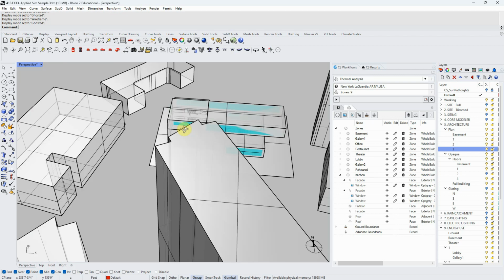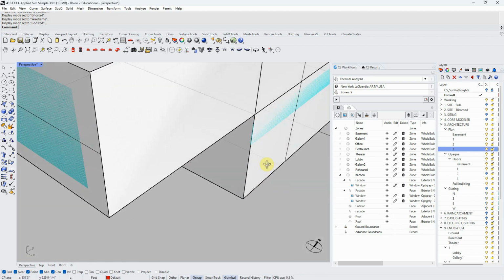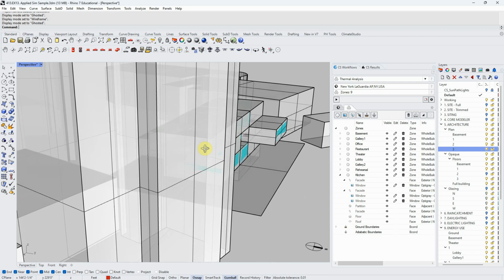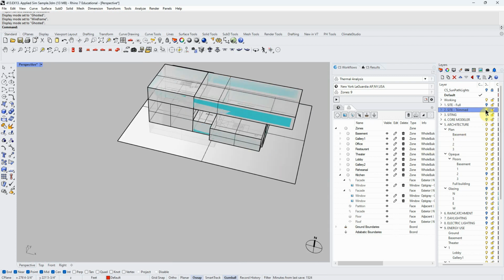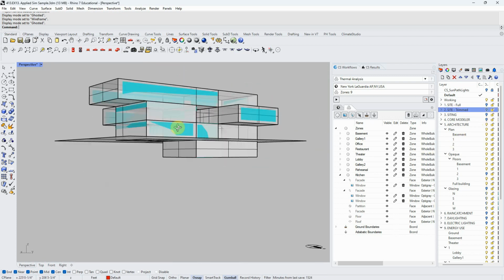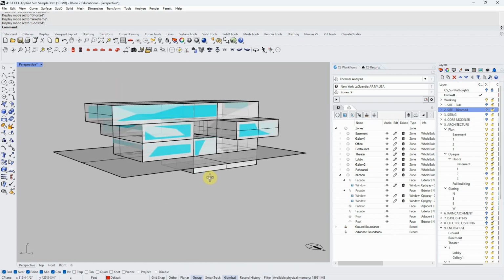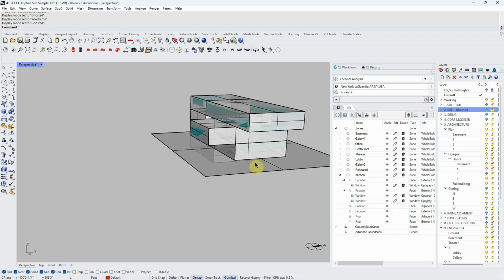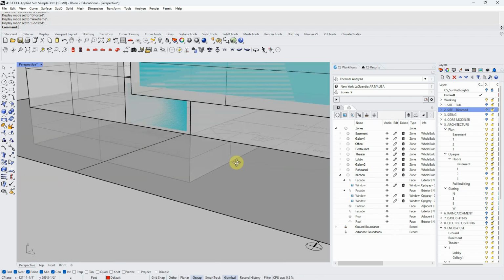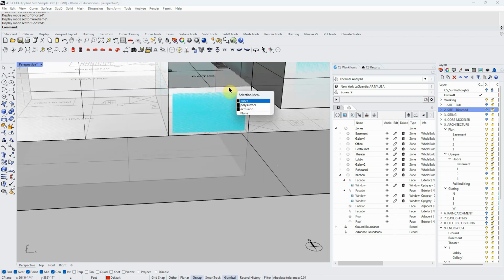I set this up in a very straightforward way. I have a basement, which is a mechanical room. It's just one zone, one box. Then I made a box for the first floor gallery, a box for the